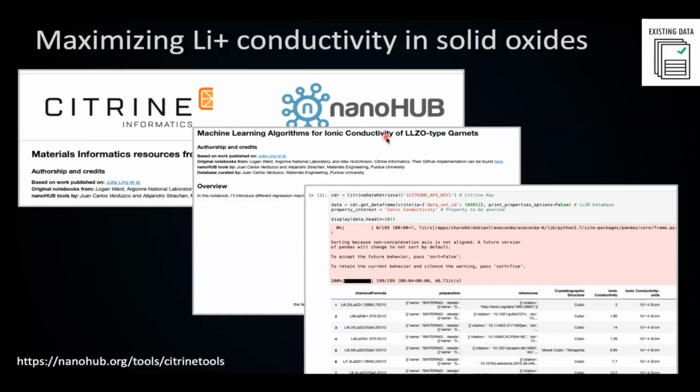We collected all that information in a table. There are about 100 published data points in this case. They're called garnet oxides, and our interest is finding the garnet with the highest lithium-ion conductivity, because we want to use this for a